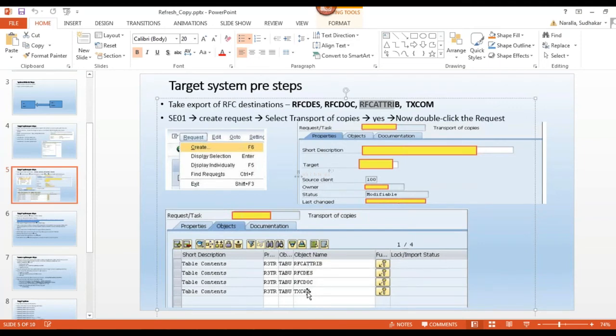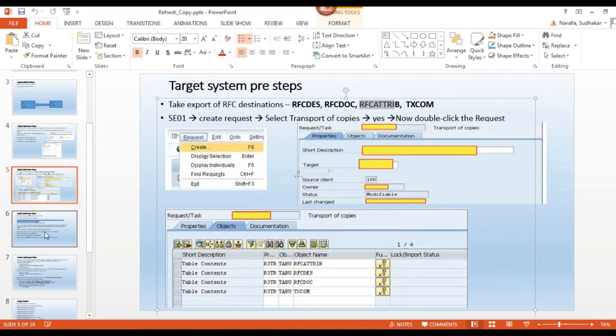Here we need to provide the object names. These properties and objects, R3TR and TABU, are the standard ones. This information will not be changed. Only the table names will change.